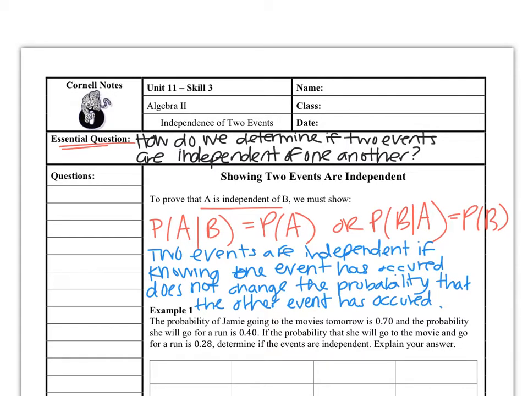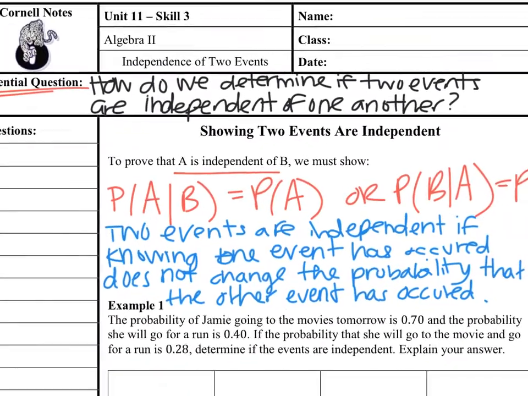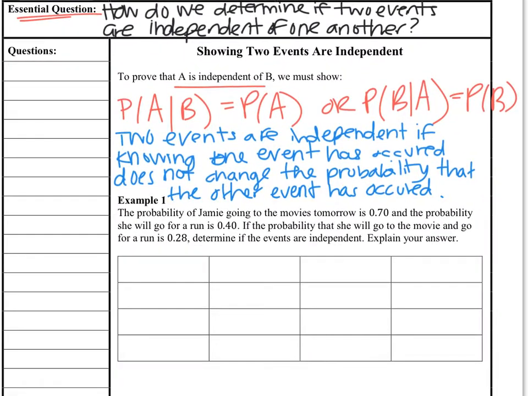Okay, so we've got this first example. It says the probability of Jamie going to the movie theater tomorrow is 0.7. The probability she'll go for a run is 0.4. And if the probability that she'll go to the movies and go for a run is 0.28, determine if the events are independent. So first you want to make a little two-way table so that we can have the probabilities